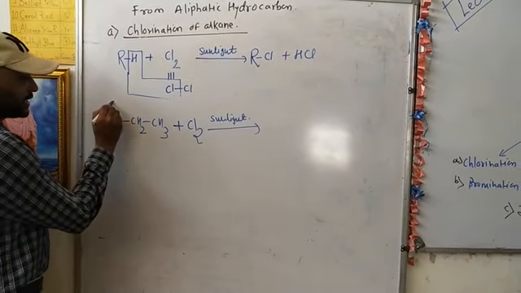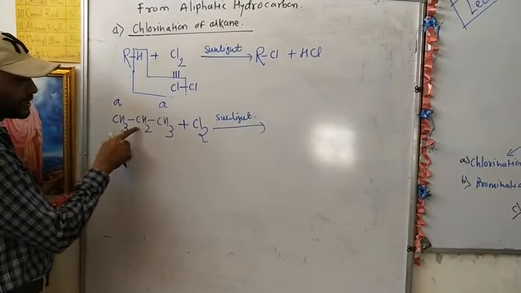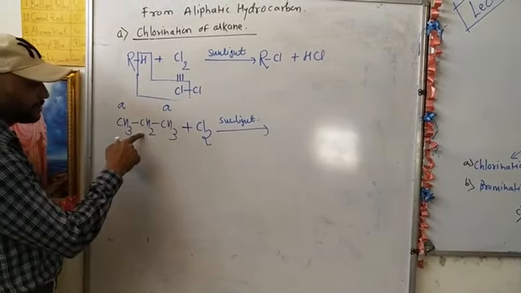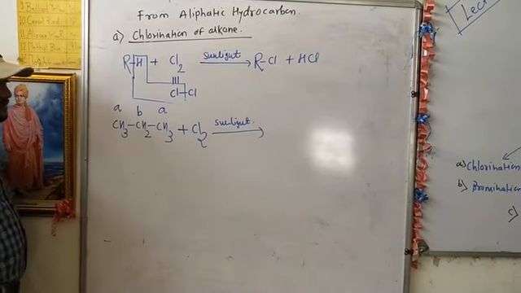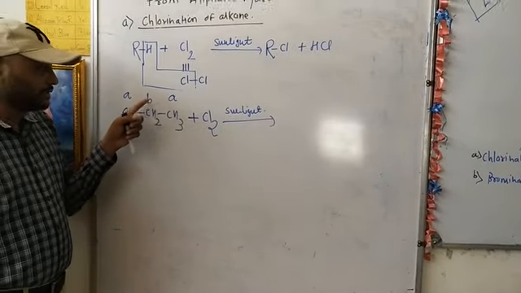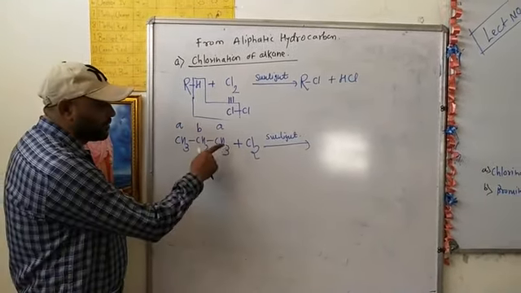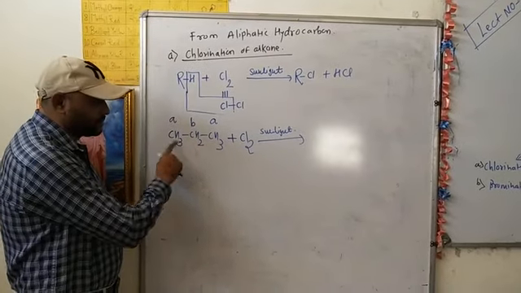If we call this A type, it is also called A type because both are attached to the CH2. And this is a different one, that's why we call it B type. Hence, here we have two types of carbon, A and B. Hence, two substitution products are possible, either from the A side or the B carbon.